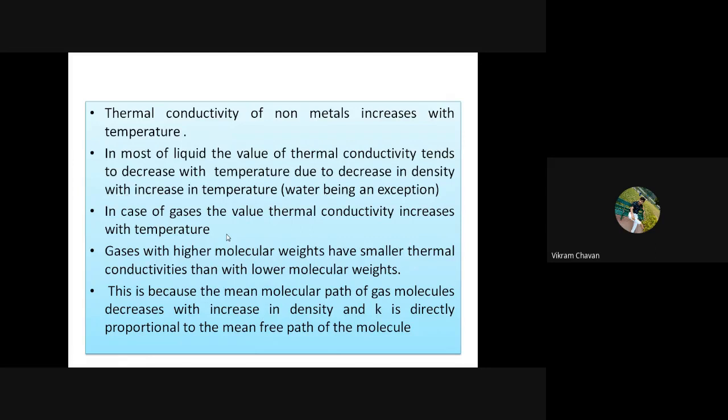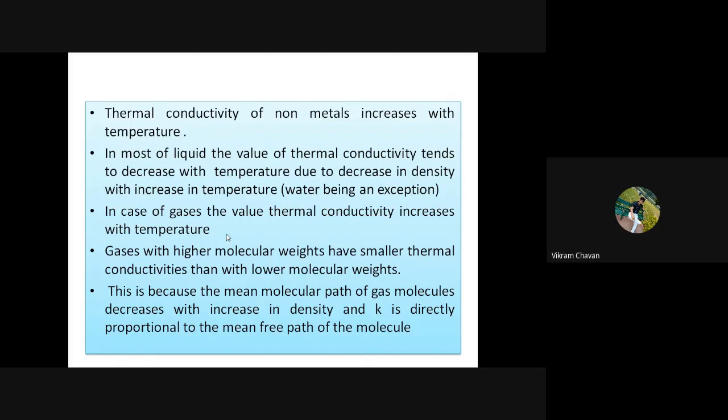Why will it happen? Because we discussed that the molecules of gases or air are moving randomly, and the kinetic energy of gases plays a very important role. As we know, at low temperature the kinetic energy of gases is very low, and it will also have an impact on the motion of molecules.